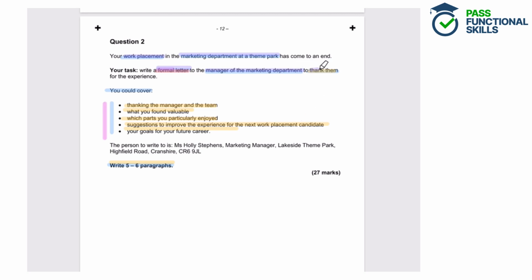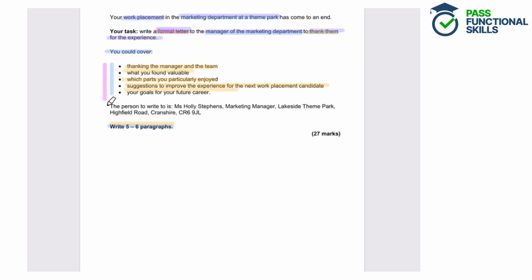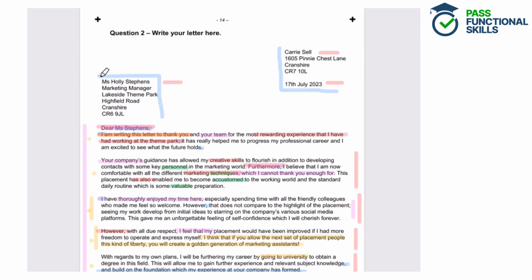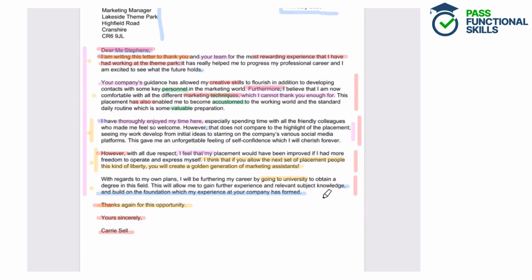It's also suited to the purpose of thanking them for the experience and covers all of the bullet points addressed in the question. They've also used the correct address in the correct place. The answer makes sense altogether and it flows very effectively. Correct formatting has been used and paragraphs have been used effectively to sort of tell a story and to give thanks. Accurate spelling and punctuation have been used throughout the answer, and the writing is appropriate for the audience and